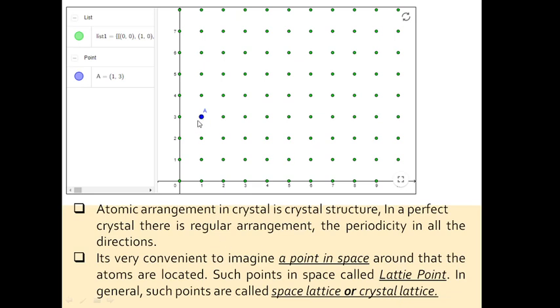So like here there is one atom, so all these green dots are simply points in a two-dimensional mathematical graphical representation. This is the x-axis, this is the y-axis, and on the x-axis and y-axis I can make a pattern by dots. Now on this dot, if I represent the availability of an atom, then ultimately I can obtain a coordinate or position